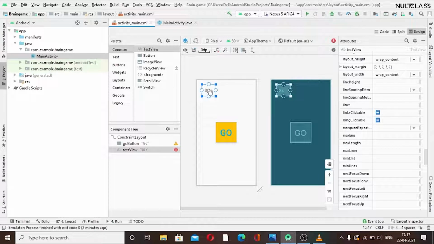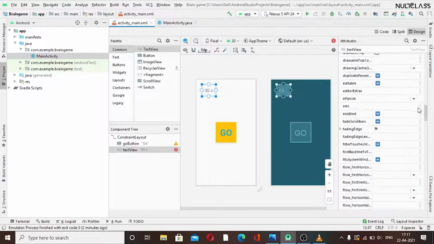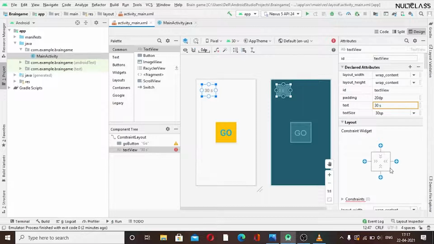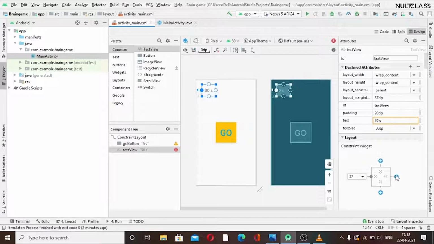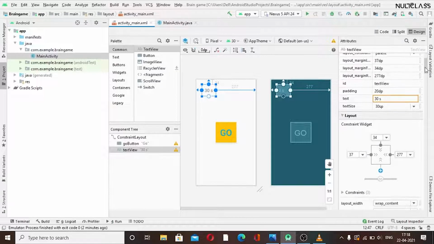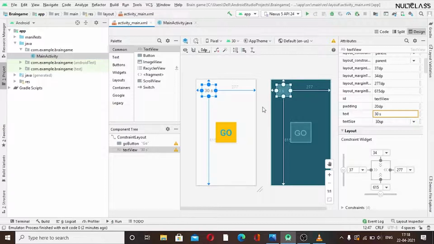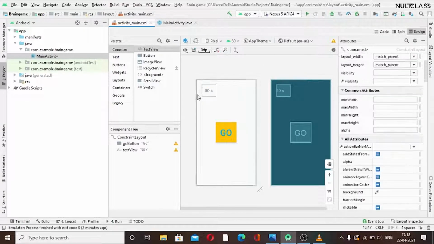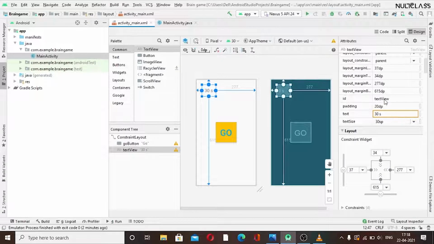I can change that. Firstly, the main thing you should remember is we have to set its constraint first. Otherwise, on running that, this text will get disappeared from your app visuals. So I will just set its constraint here, as this makes sure that it stays in our app. Otherwise it will get disappeared. Okay, so you have added this, and now I guess I should increase its size a little bit. I will use 36 dp. I guess this looks fine now.